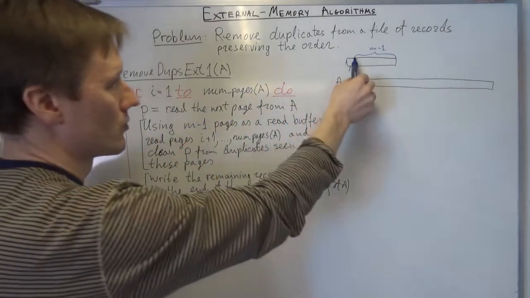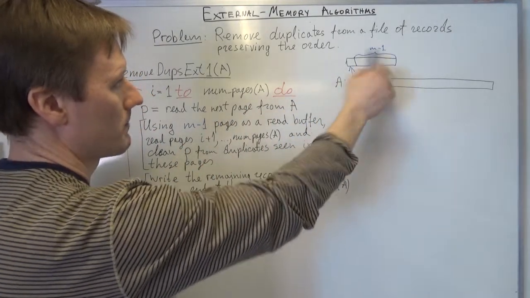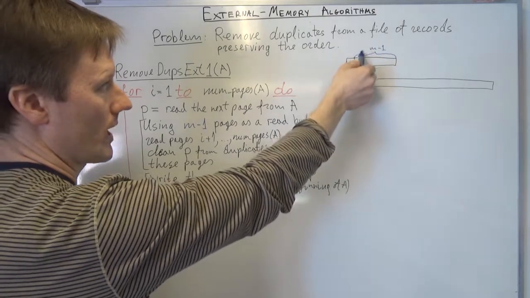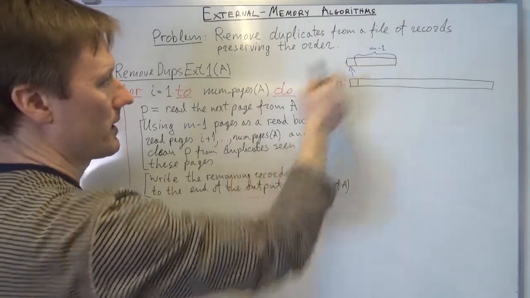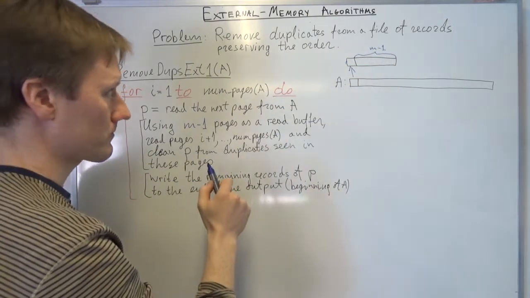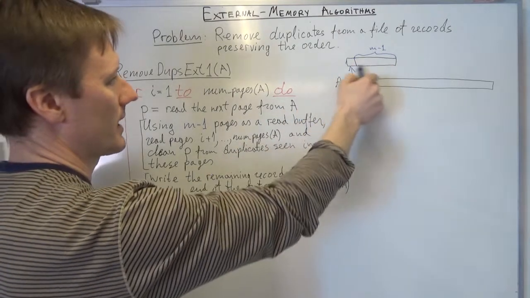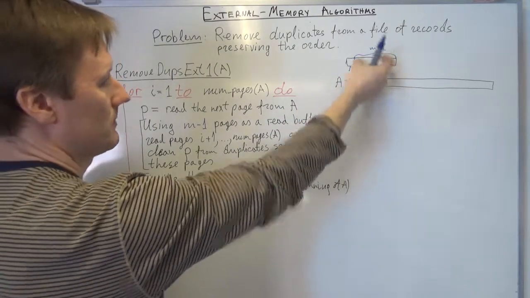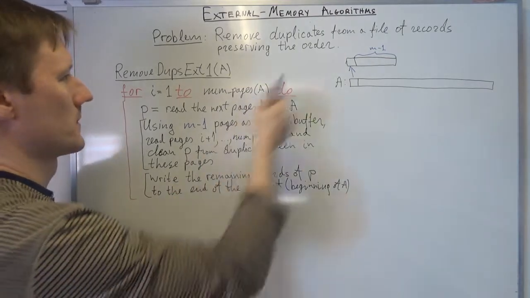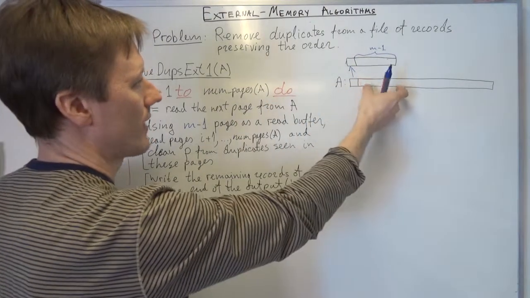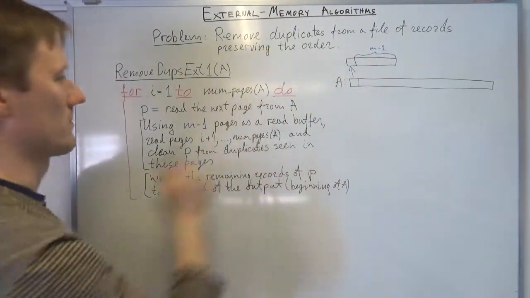Then using the remaining m-1 pages of memory, so in total we have a little m of pages in main memory, using the remaining m-1 as a read buffer, read the rest of the file in portions of m-1 pages,